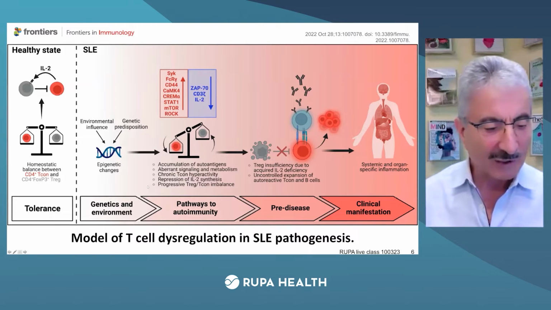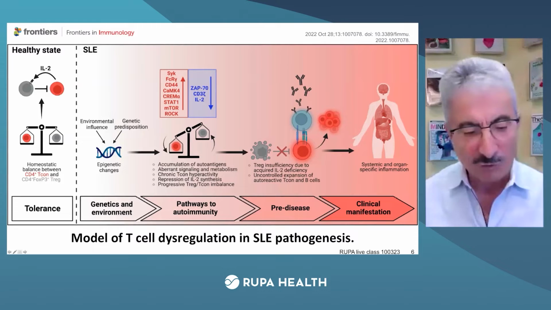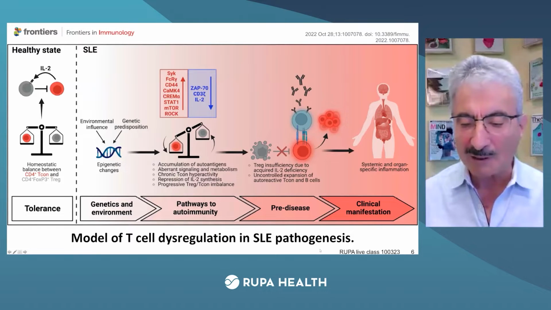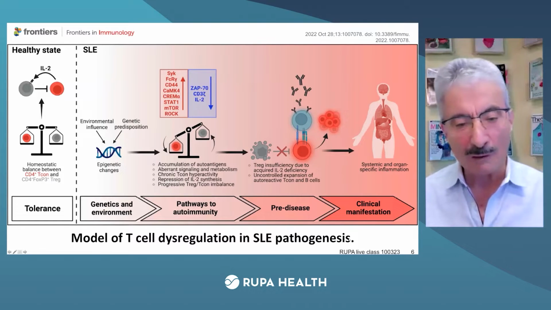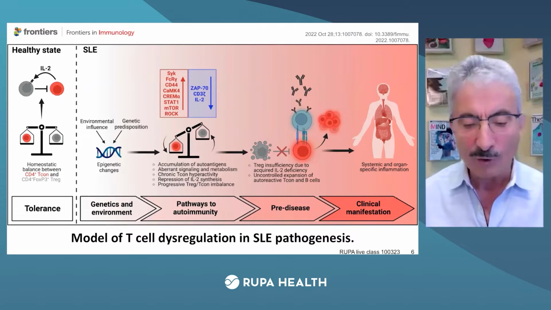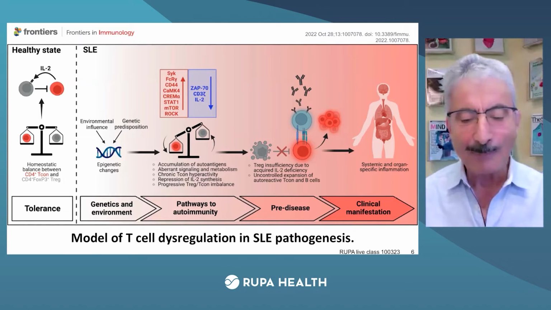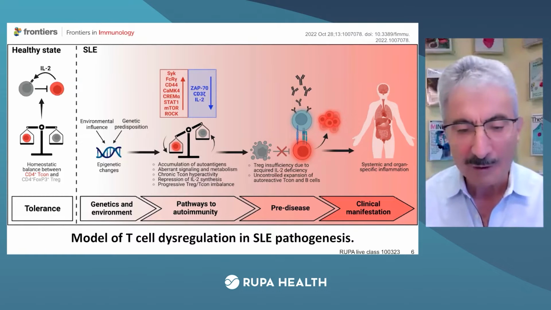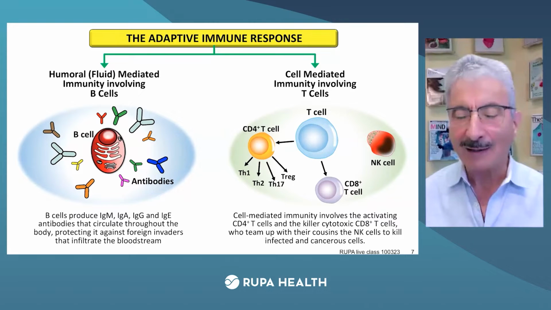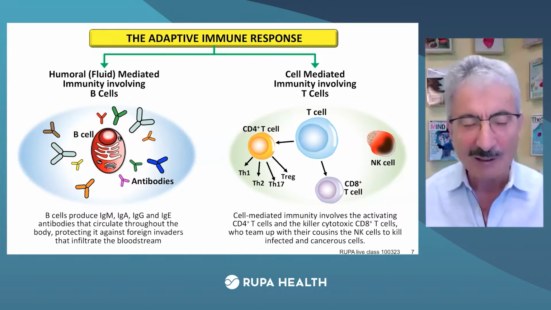So the ideal situation is tolerance, but unfortunately, genetics and environmental factors can open the gateway or pathway to autoimmunity, then the pre-disease stage, and finally 10, 20 years later, clinical manifestation. And so lymphocyte immunophenotyping is going to help us to detect patients on the pathway to autoimmunity. And that's why it's so important to understand a little bit about the immune